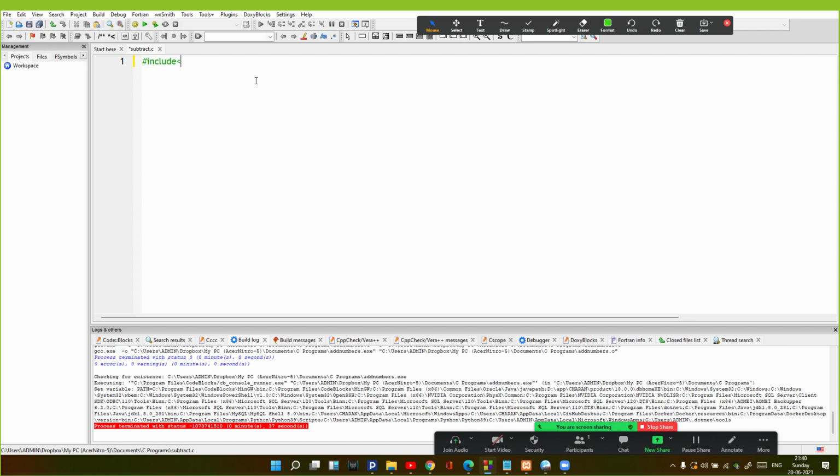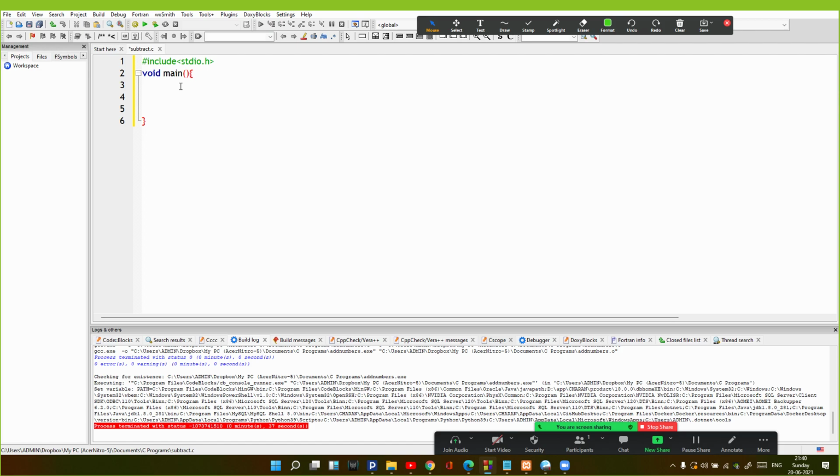Here we use the preprocessor directive #include to include the input output header file, and in the next step we'll write void main.